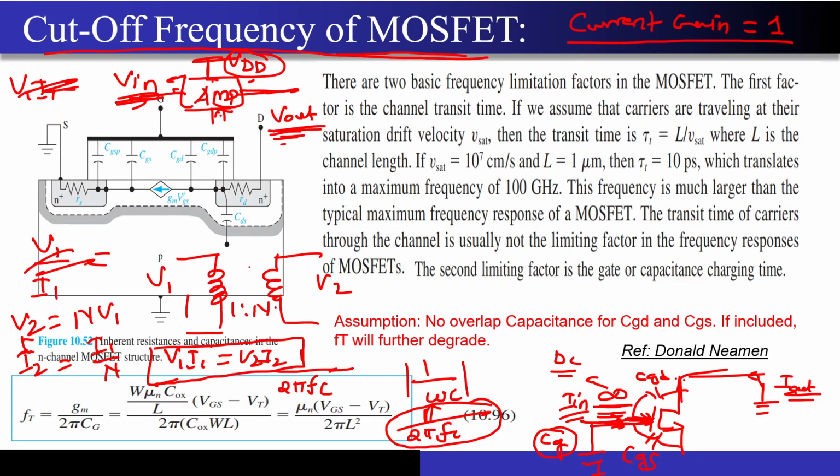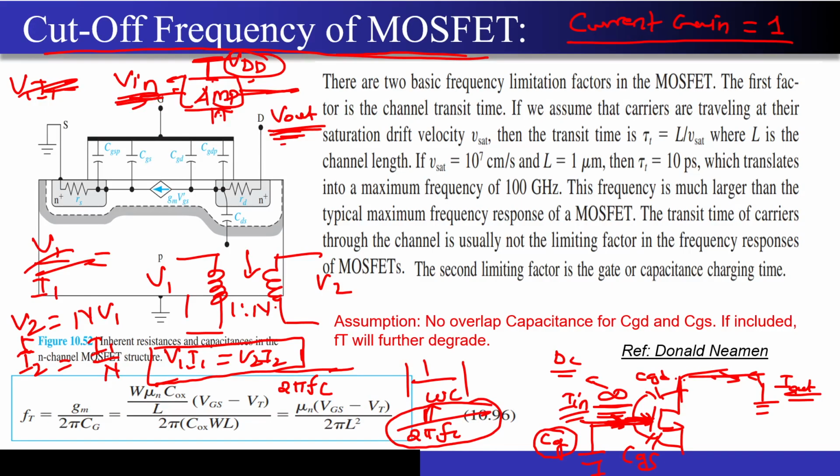If you take a lossless transformer, it does not give you any amplification in the power, but an amplifier gives amplification in the power, right? That's why I'm interested in judging whether whatever current is coming at the input is getting amplified at the output or not. If it is not getting amplified, then my MOSFET has stopped working as a power amplifier. That is the fundamental difference between an amplifier and a transformer: the transformer won't amplify the power between its input and output, but an amplifier will. It will take the power from DC and add that power to the input, correct?